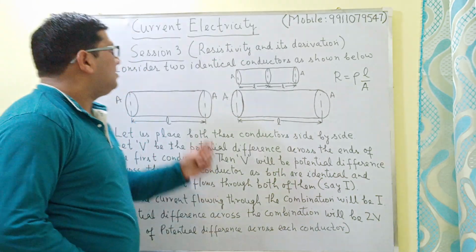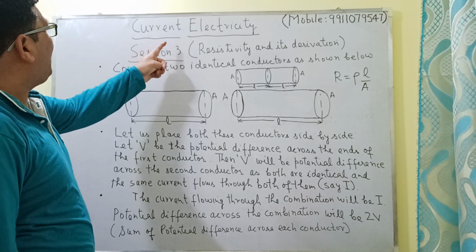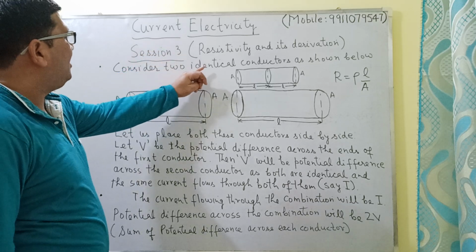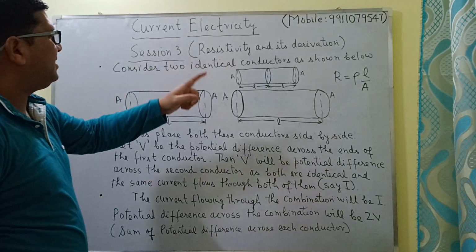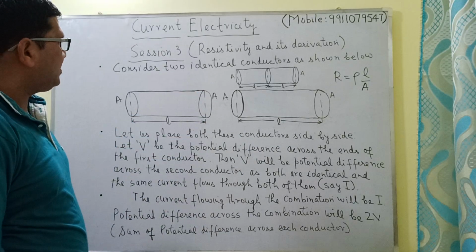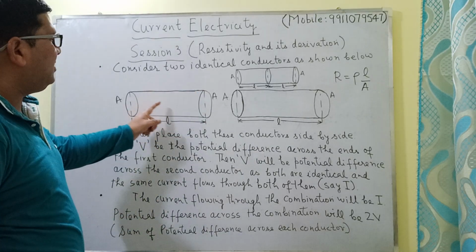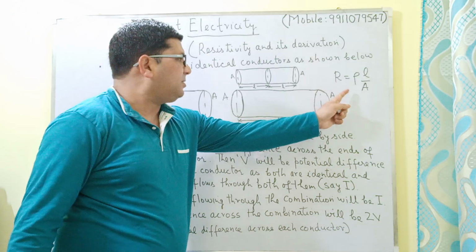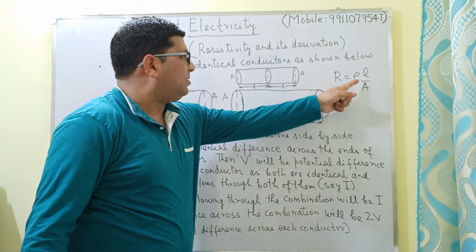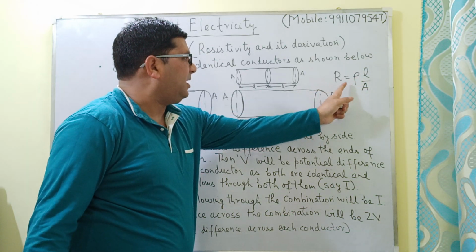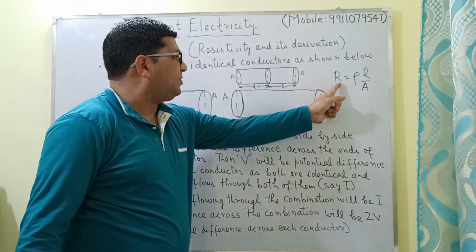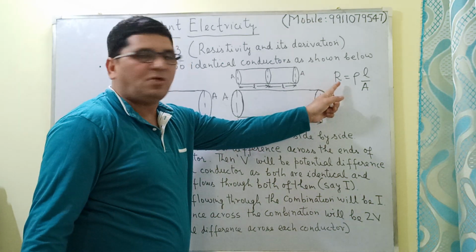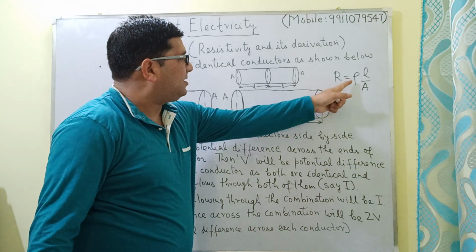Welcome back, students. This is session 3 from the chapter on current electricity, and the topic is resistivity and its derivation. Here I will be deriving the equation R = ρL/A. This is the equation which relates the resistance of a conductor